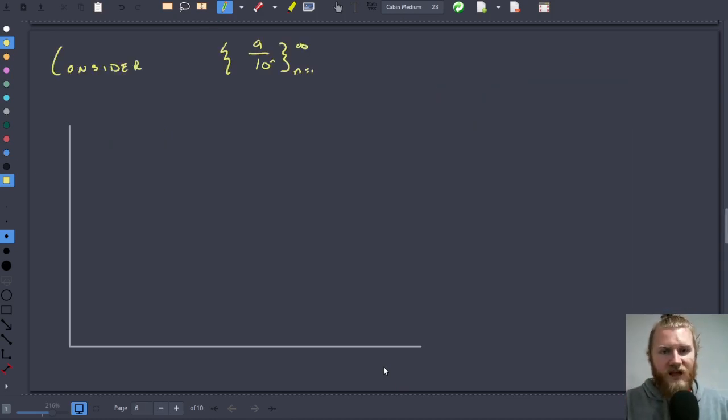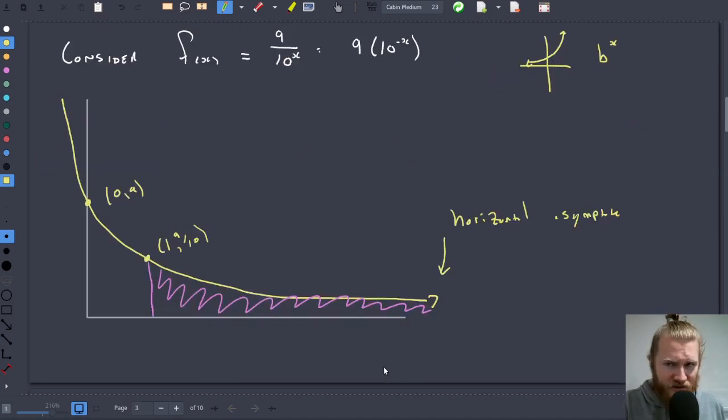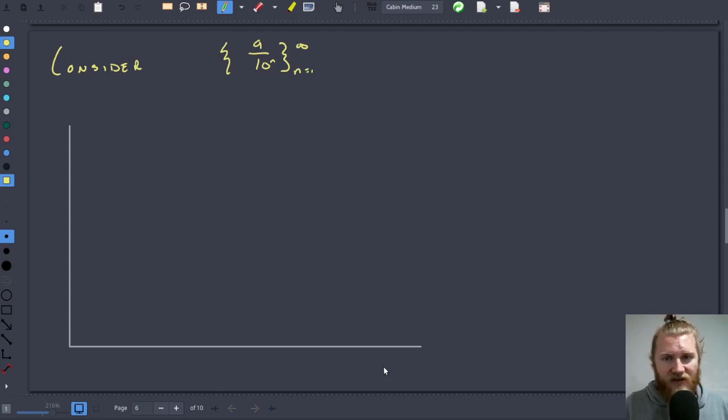Cool. All right, let's do the same thing, but let's think about the sequence version of this. So now instead of thinking about our function, what we're going to do is just kind of figure out what this sequence looks like. Now, this is a sequence from n equals 1 to infinity, which means that we don't have this point over here when our input is 0. Our first point is right here when n is equal to 1. So we have this point right here, right? When n is equal to 1, we get,